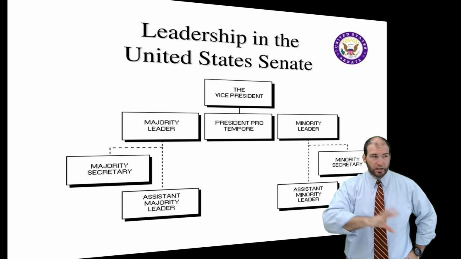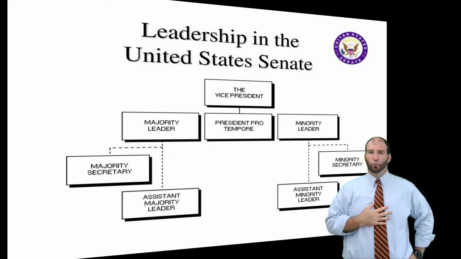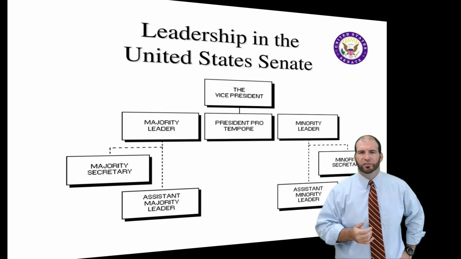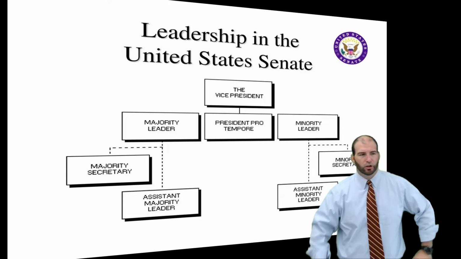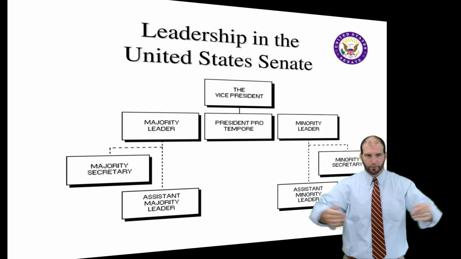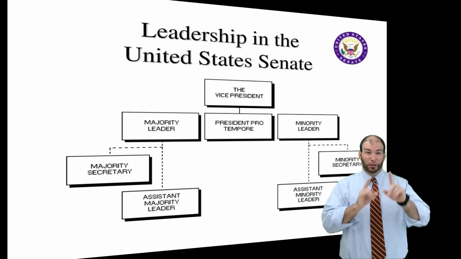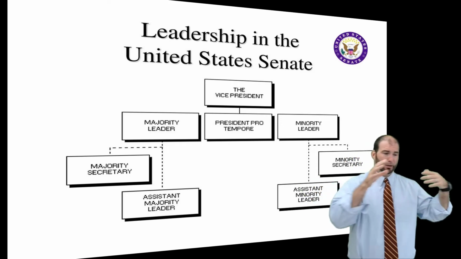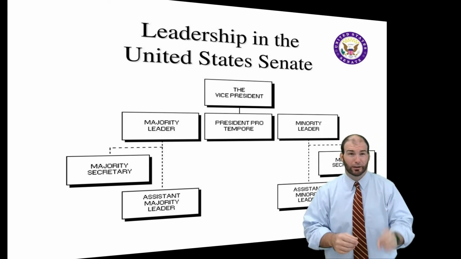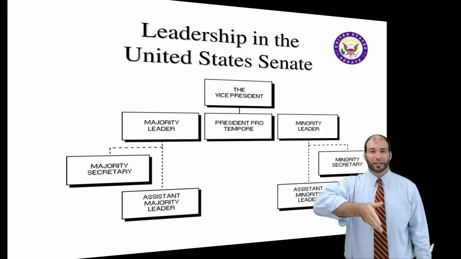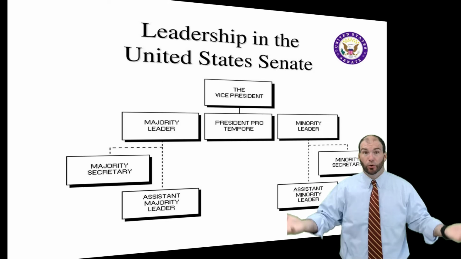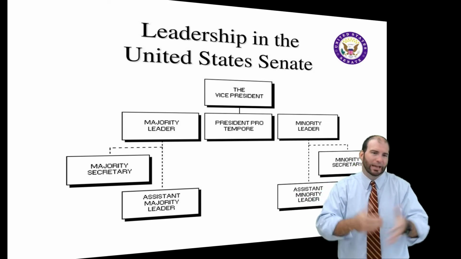This person never really gets mentioned, even though it seems like a really important position. What they do is they're basically like the hall monitor of the Senate. They call things to order. They're like, we're going to vote on this, we're going to do that. They follow a script that is already designed. The most important person is actually the majority leader. If it's mainly Republicans, the head picked by the Republicans would be the majority leader. That's the person who creates the calendar and basically makes the script for the temporary president. So they actually have all the power.